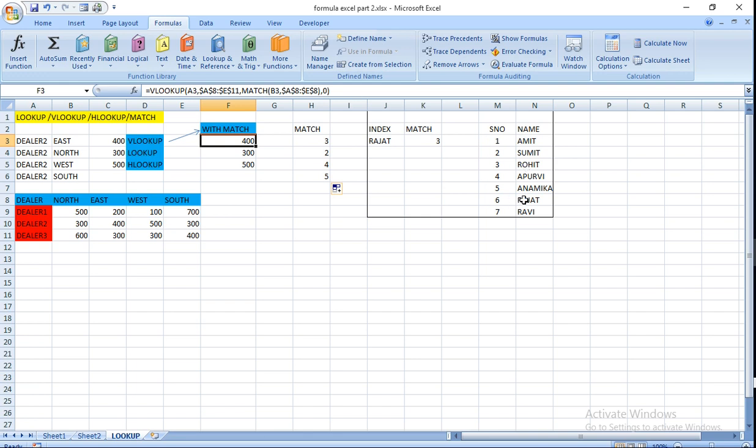Now, in this menu, I have written a serial number and name. Then you have to find out Rajat. Then I have written INDEX, to find the index of Rajat. So I have written M3, M3 is Rohit.